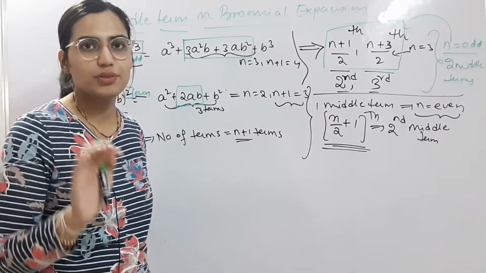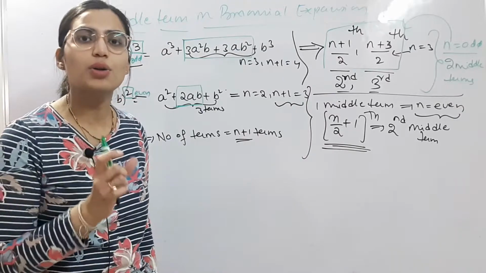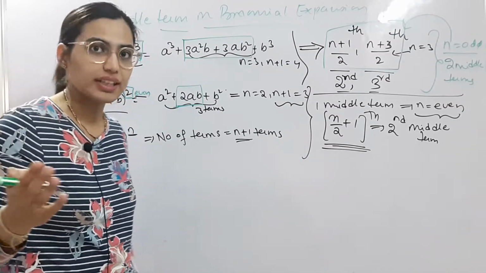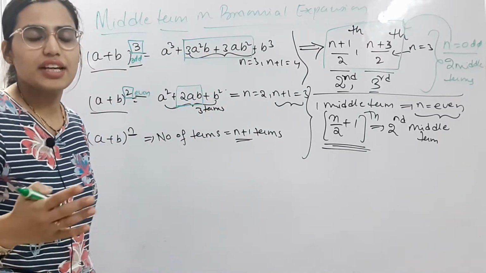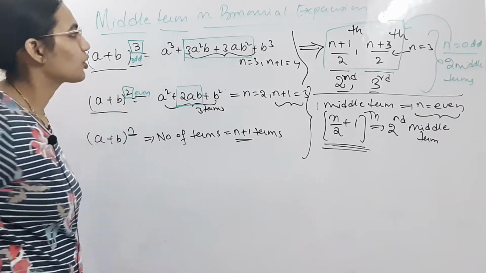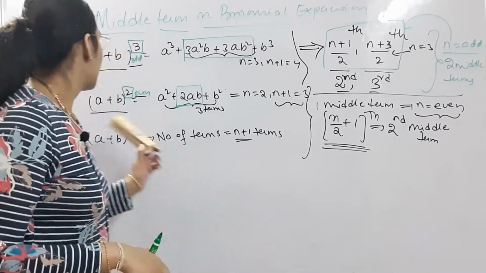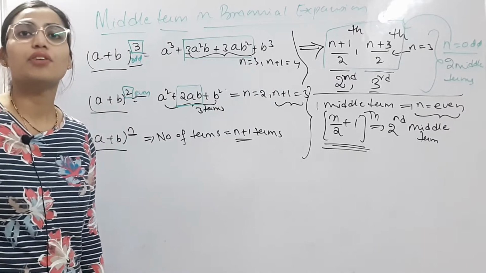Now this is your understanding. So what are you thinking now? Okay, fine, I got the middle terms, but how do I find the middle term if the expansion is a bigger one? In this case you can say these two are middle terms directly. Whenever they ask you what are the middle terms of (a plus b) whole cube, you say 3a square b and 3ab square. But what if we need to find the middle term of (a plus b) to the power of n, where n is 30, 40?